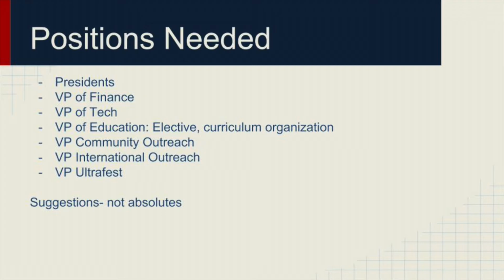Now, what positions would be needed? First and foremost, you need the president. Whether that's one person or 2 people, it's really important to organize and to really find someone who will lead the interest group. You also need someone who may be a vice president of the finances, and so that can be the person who goes after finding funding and grants and scholarships for your organization. Another important person can be the vice president of technology, so that's someone that can organize your website or any other tech-related endeavors that you will do with your organization.